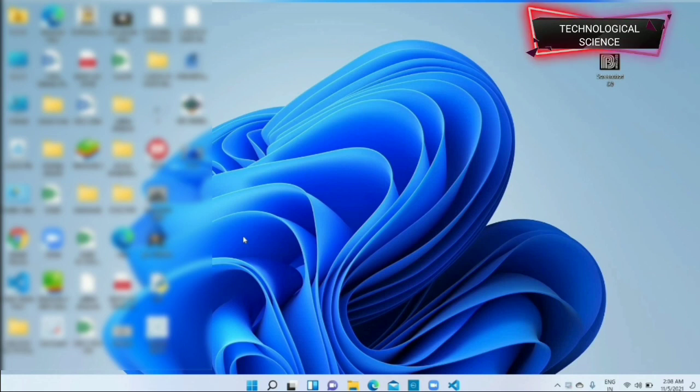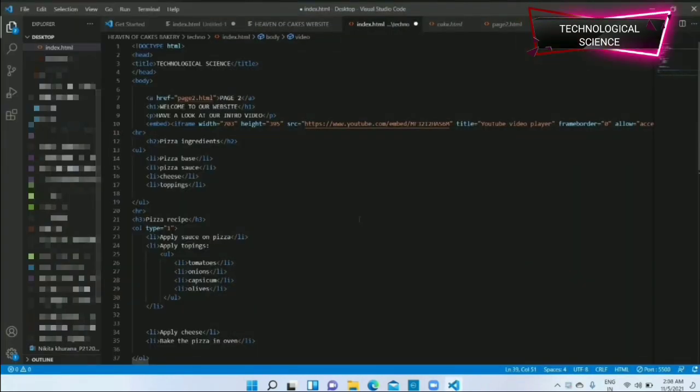So guys, I have started with the coding in VS Code right now. I have all my code saved in VS Code. I have left Notepad because it takes a lot of time. If you also want to code efficiently and fast, you need to have a coding editor like VS Code or any sort of coding editor. So let's get started with this video without wasting any time.